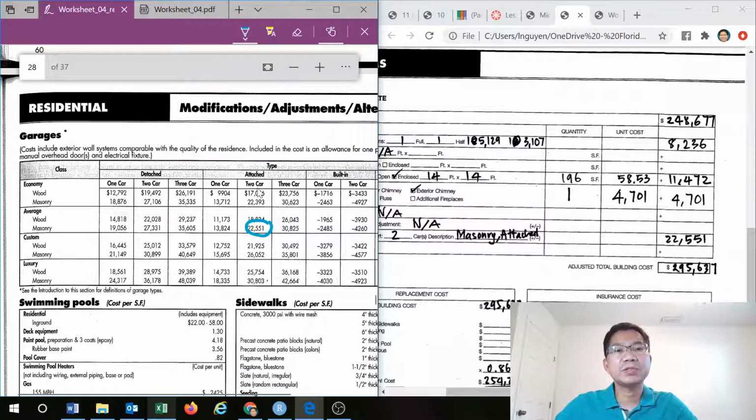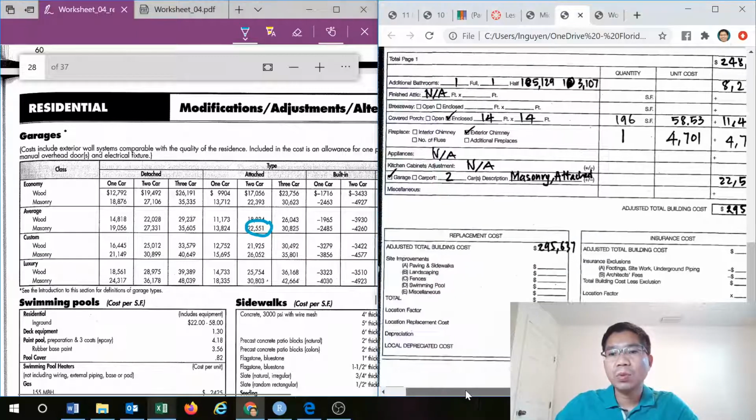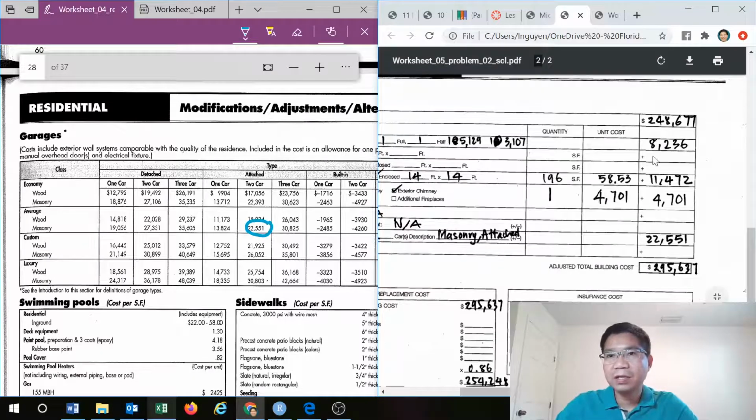Masonry, average, 2 car, attached, something we define for the garage. So we add all of them up here, we will get the base costs, additional bath, closed porch, you see a chimney, and then we have a garage. So we have a total